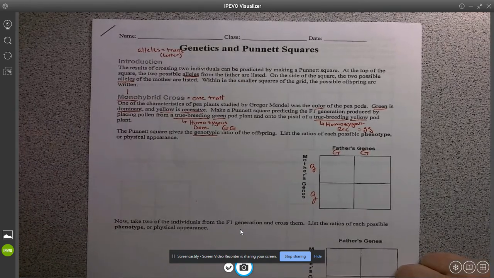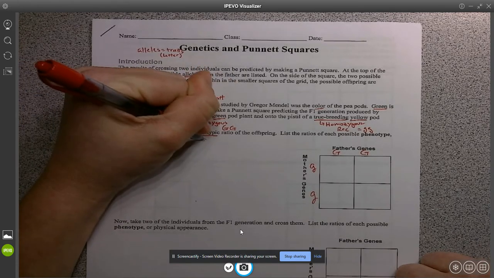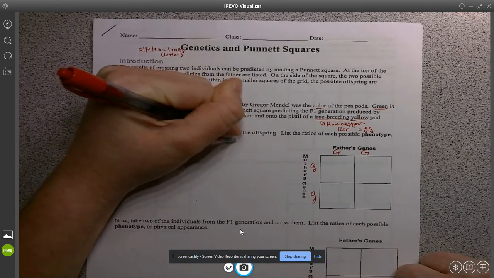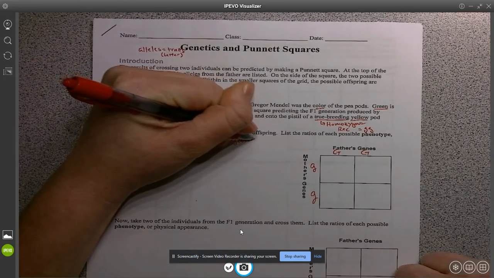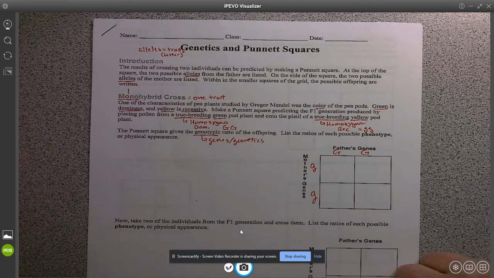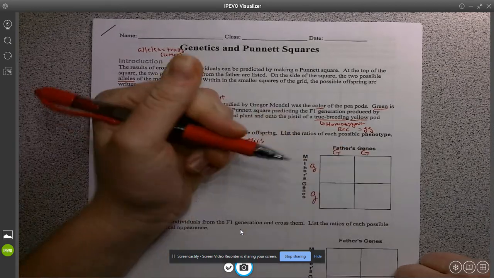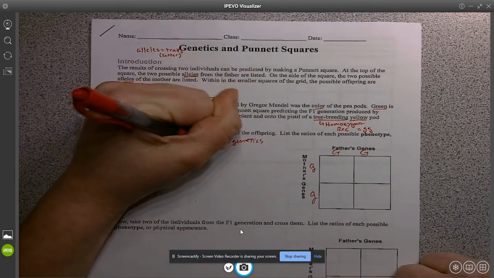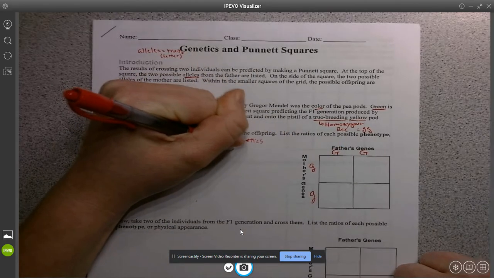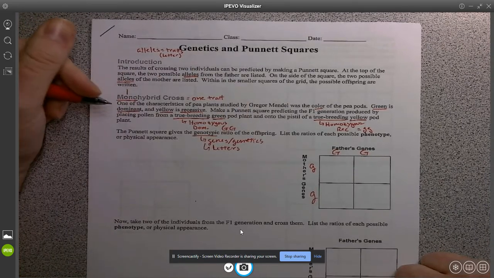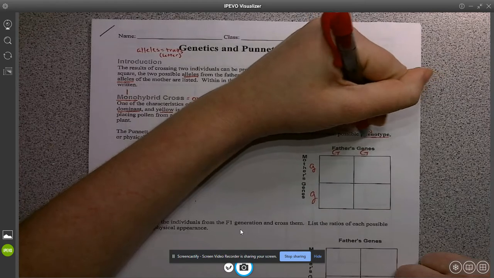So genotype is an important word. And this is going to be what's in my genes or my genetics. It's also my letters, so what letters I'm going to end up with in my Punnett square. So I'm just going to put letters, just as a little reminder. And then we're going to list all the possible phenotypes,